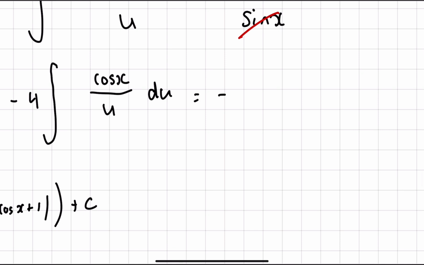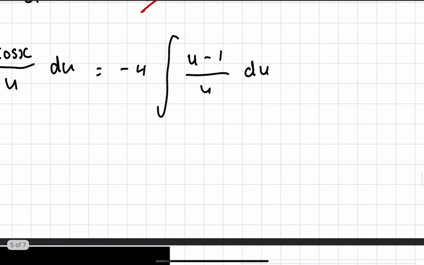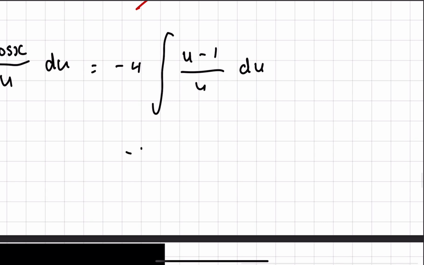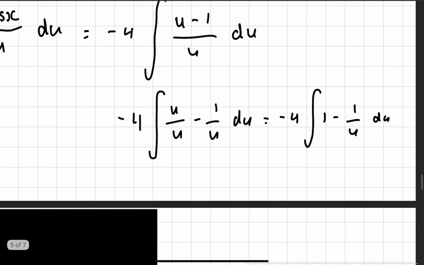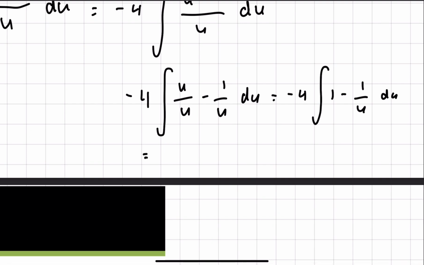So it equals minus 4 times u minus 1 over u du. Okay, lovely. I'll keep the minus 4 there. I'm going to rewrite that as u over u minus 1 over u du. So I'm going to have minus 4, 1 minus 1 over u du. Fantastic. So this equals minus 4, 1 becomes u, minus 1 over u becomes minus natural log of u,